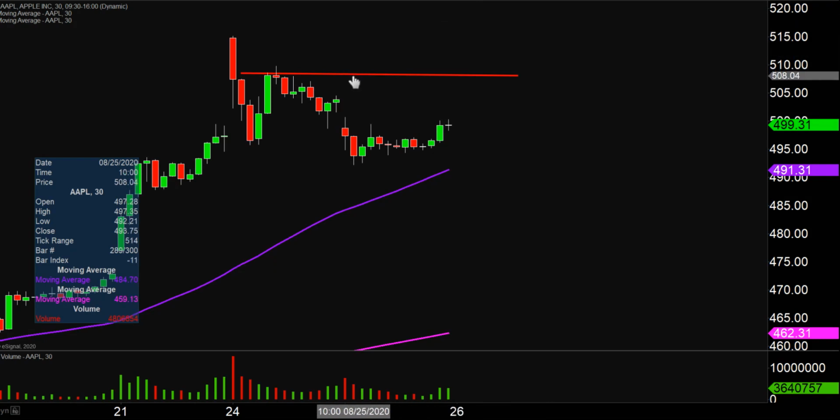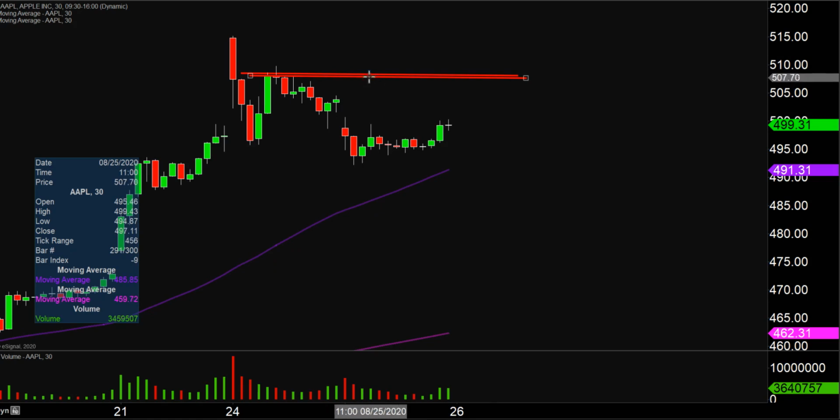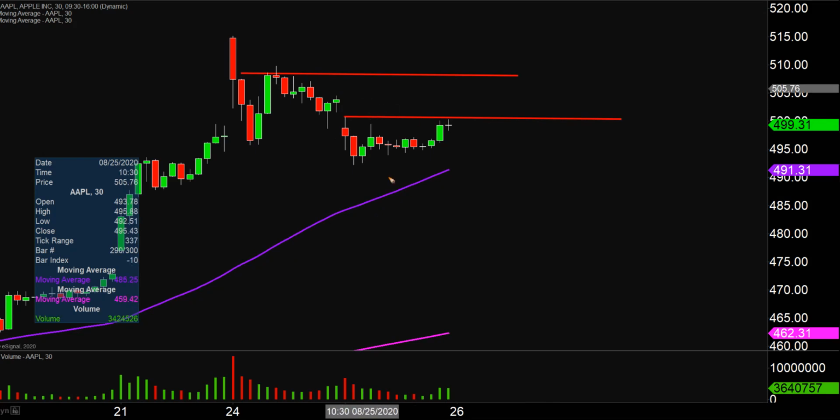And yes, up here still is one of those levels up at 508. Although 508, I suppose it's within striking distance on Wednesday, but the level now that I think a whole lot more breakout players will be watching, and rightfully so, it's a valid area to be watching, is right here at this area of the 500, and let's just call it 75. So $500.75. Going to that first key level, which you can see here on a couple different occasions,